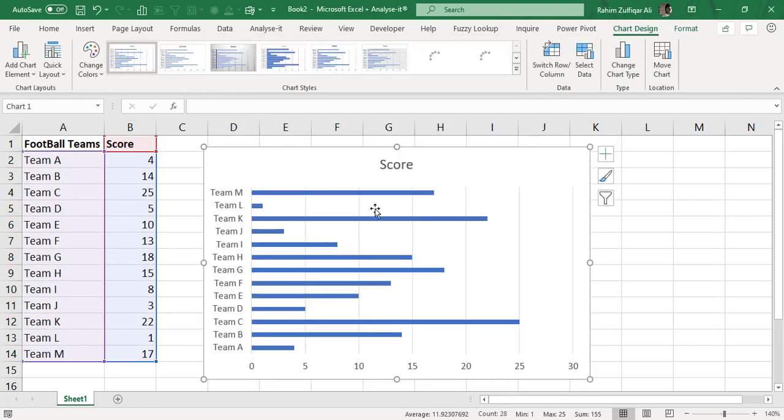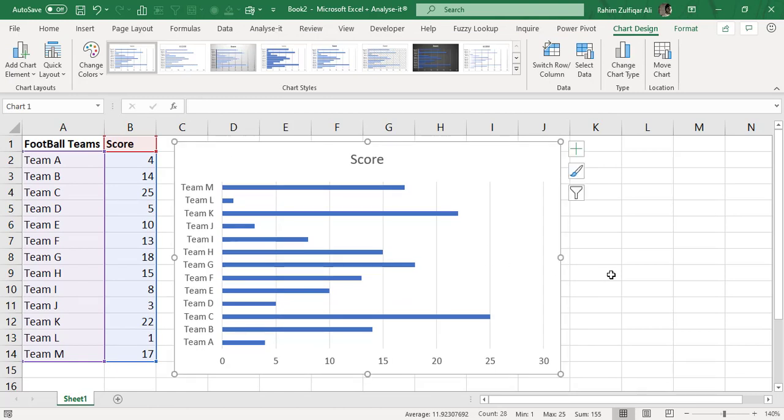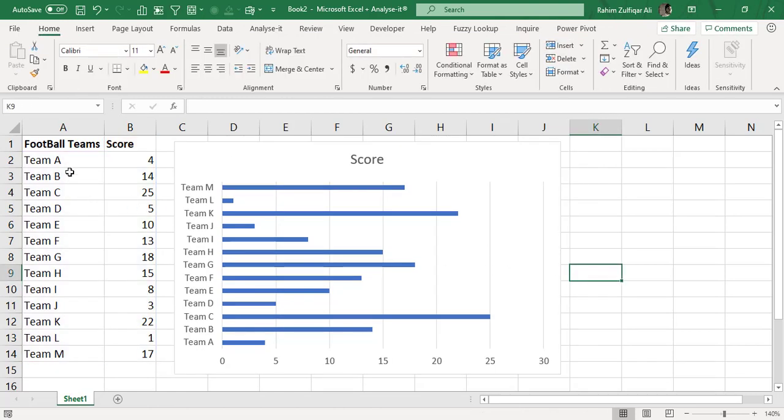Now, one difference you will find whenever you create a bar chart: remember that the sequence of your data runs from team A till team M, right? But when you create your bar chart, the vertical axis is by default reversed. So in the bar chart, your vertical axis starts from team A and goes down to team M, which, top to bottom, is exactly the opposite when we compare it to the database.